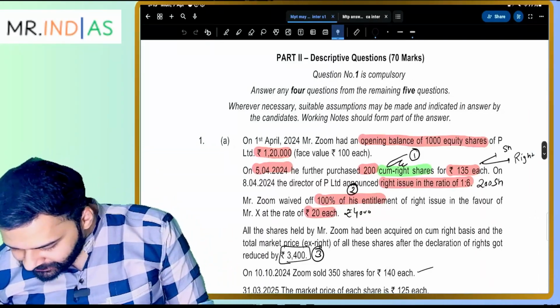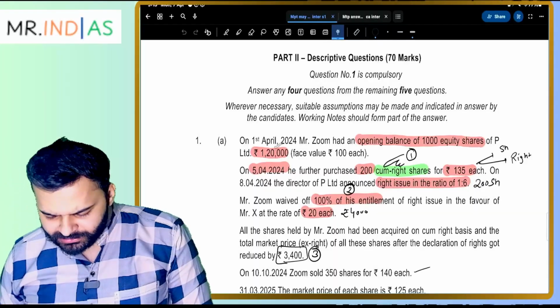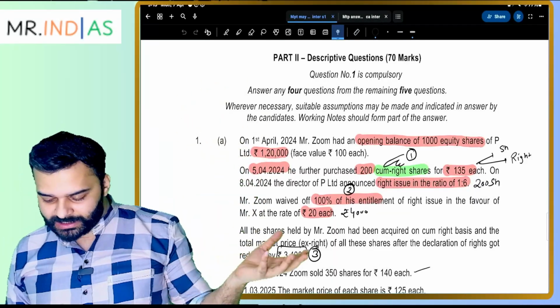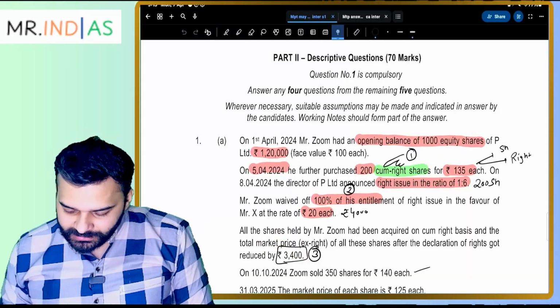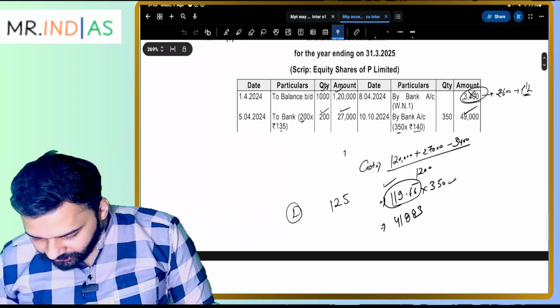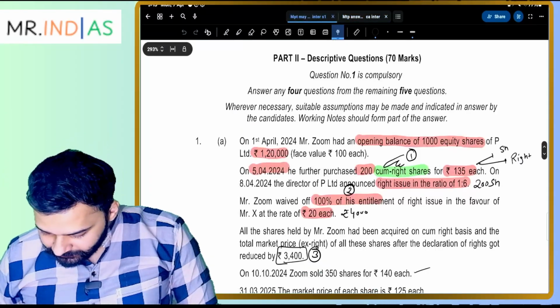Zoom had an opening balance of 1,000 equity shares of P Limited for rupees 1,20,000. So once upon a time, Mr. Zoom had purchased 1,000 equity shares for 1,20,000. So this is now coming as an opening balance of 1,000 shares at 1,20,000. Okay. Now